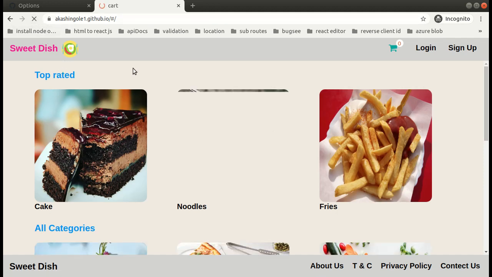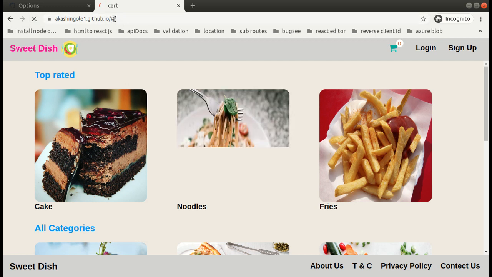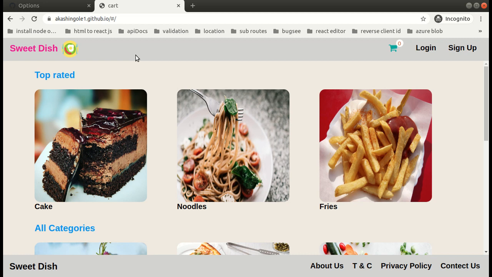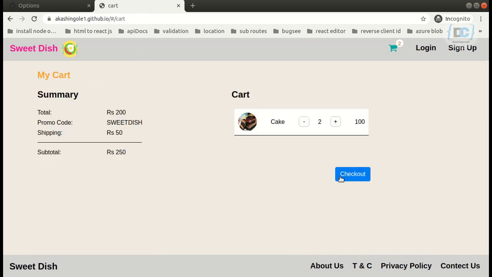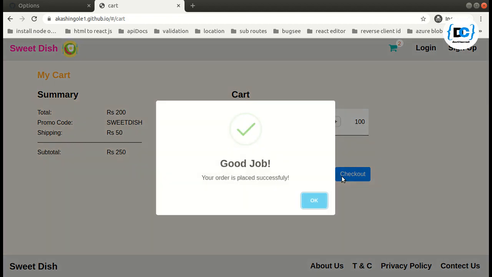One more thing I wanted to tell you about the checkout flow. Here we are not using any APIs, so I have simply reloaded the page, and our data got erased because we have not stored it anywhere, and the data is not coming from an API on the mounting of the page.